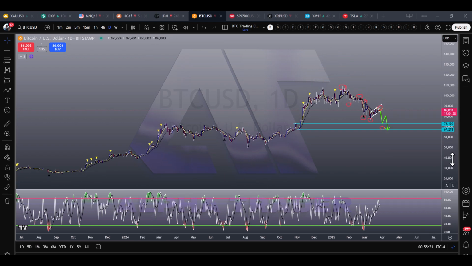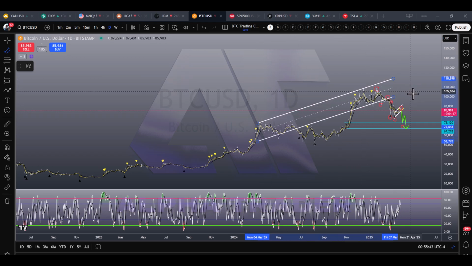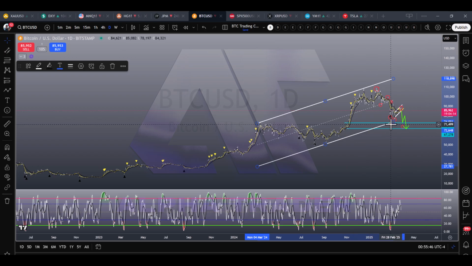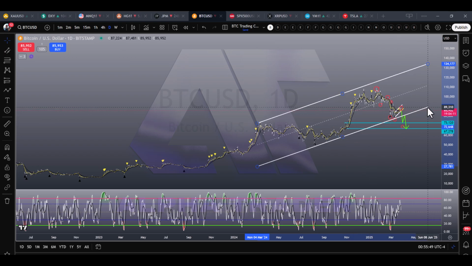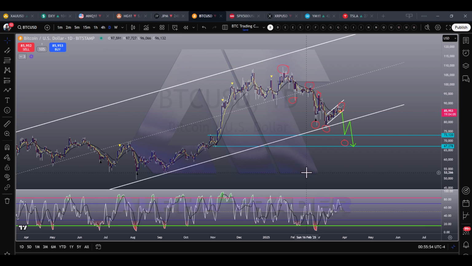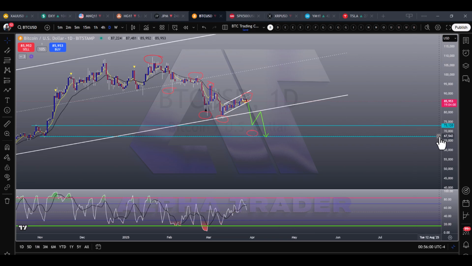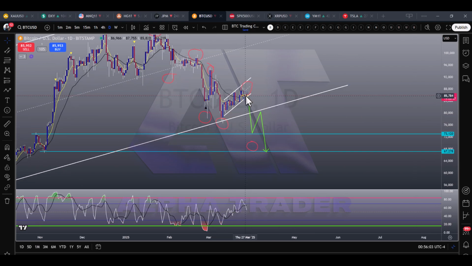And if we come in here and we shore this up, we can take a channel and we can lay it on top right here, pull it up to here, pull it down, and we can watch this zone right here, okay? So what we're watching for is a break of the channel, okay? So we've come down with here, we've touched the channel. If this begins to head to the downside, there is a high likelihood that it will break this channel, come down, retest, and move to the next level. So watch that very carefully.